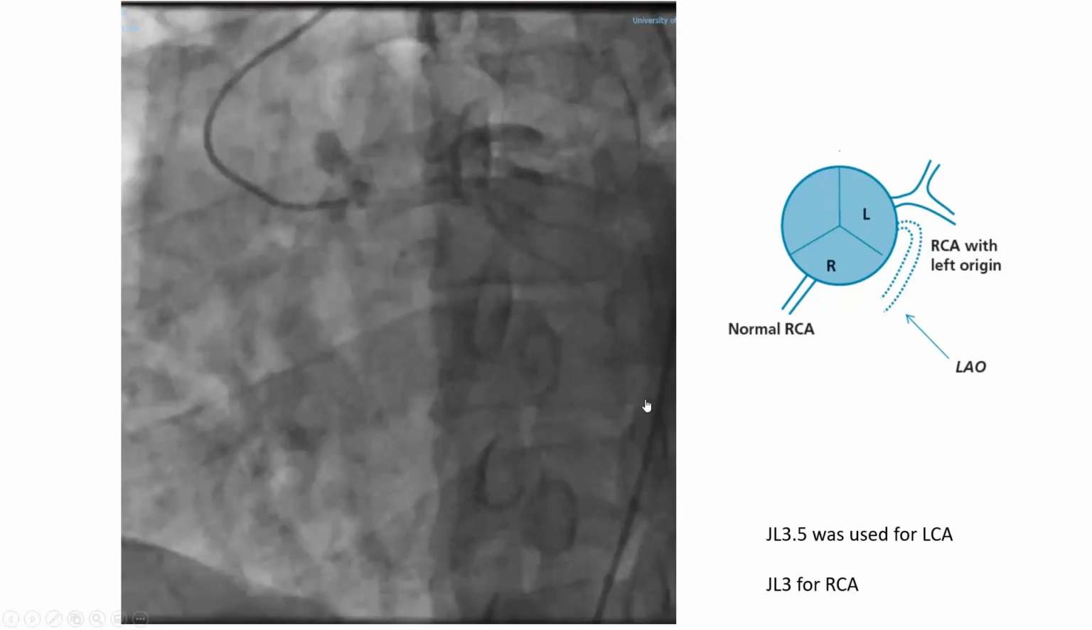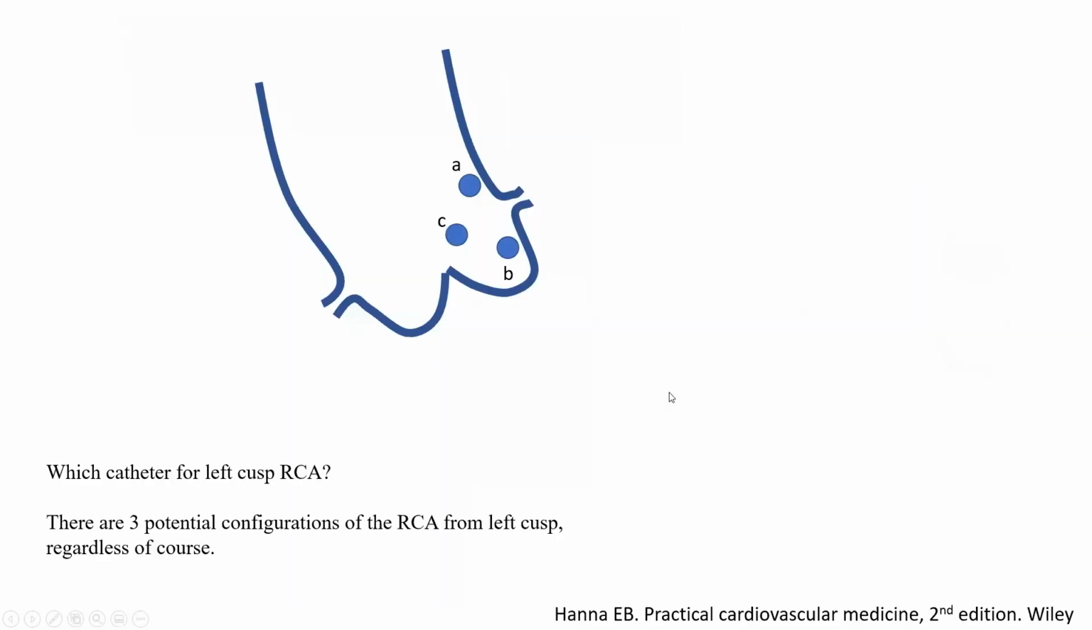How can I engage it? Generally speaking, in order to engage the anomalous left cusp RCA, you need to know that slide. This is for interventional cardiology board. I actually had that question. They need you to know when you have anomalous RCA from the left sinus, the 3 configurations and which guide